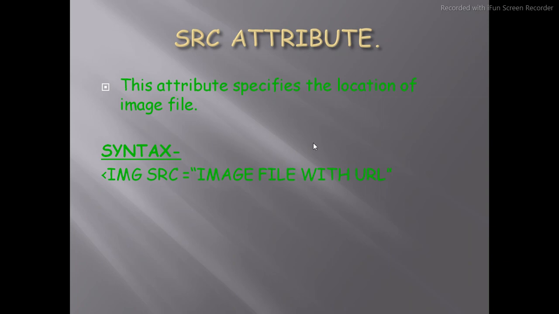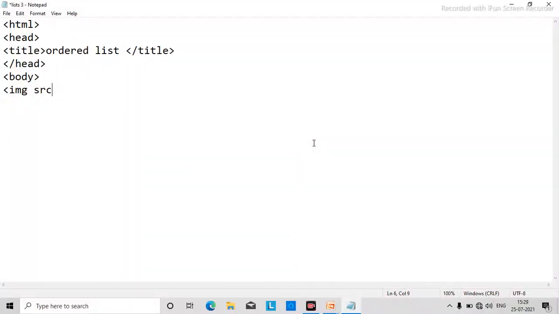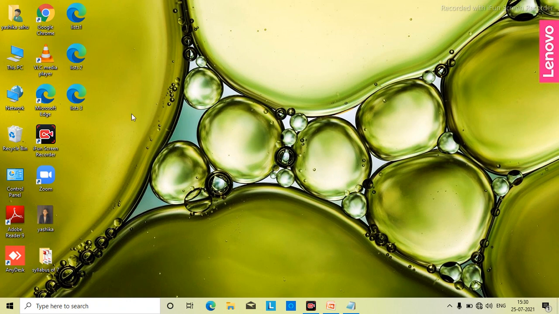So let's go to Notepad. Now, one trick for you all so that you can copy the file location very correctly. First put double quotes, then we'll go to our screen. Came to desktop. Suppose this pic I want to insert.